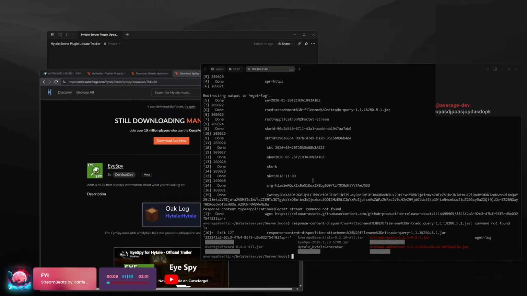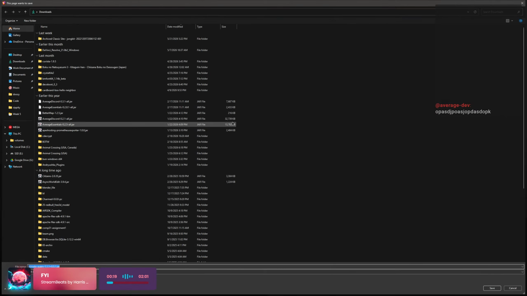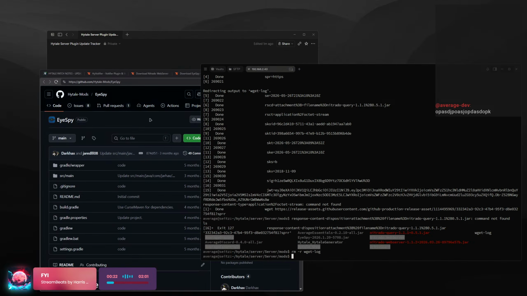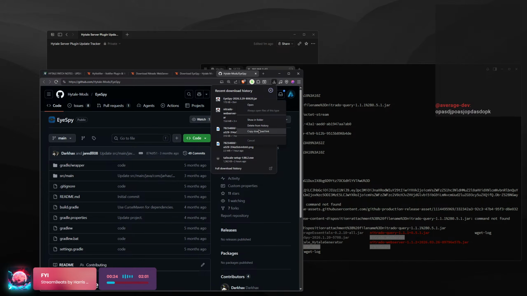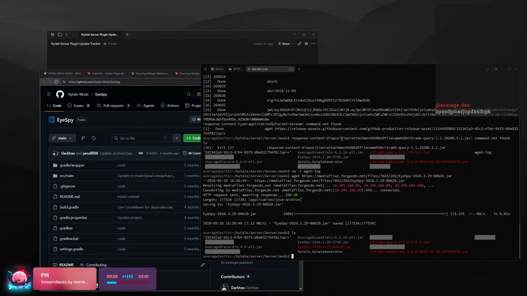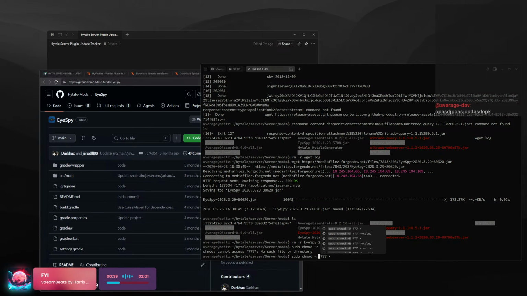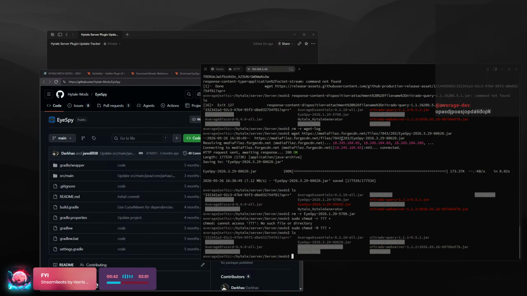I don't think it downloaded. What's this? That's Nitrado query. What? Why is it doing that? I spy. Copy download link. What do you get? There we go. And then we're going to do I spy, delete the January release, and I'm just going to give my things permission. I don't know if that really matters that much, but now